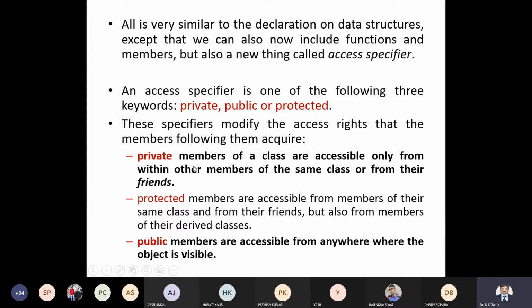These access specifiers modify the access rights. If a data member is private, it is not accessible outside the class. If it is public, then it is accessible outside the class. But private data members of a class are accessible only from within other members of the same class.